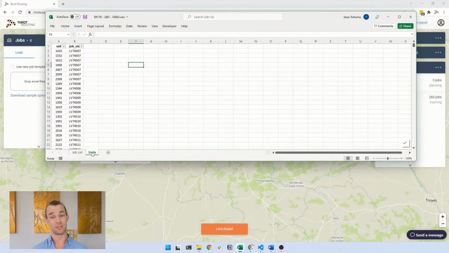I've also added a units tab here. Units are how we tell Taro that there are multiple parcels to scan in the same delivery, and they get attached onto the relevant jobs. Also, it's completely optional, so if you don't need to scan barcodes, you just don't create any units.